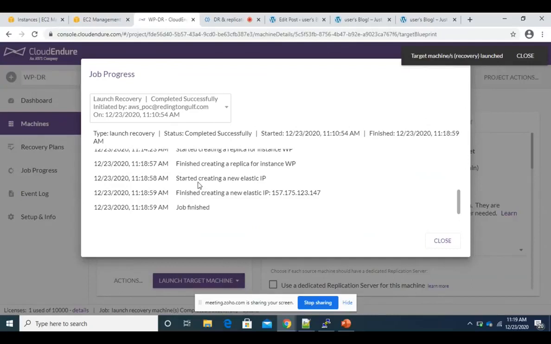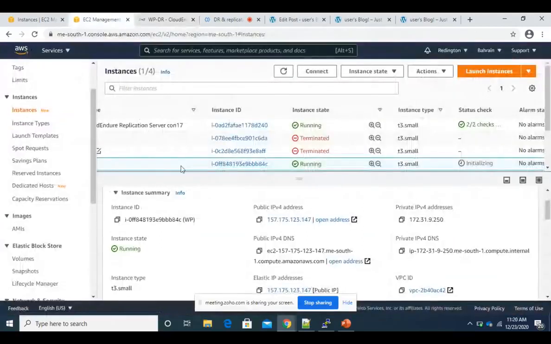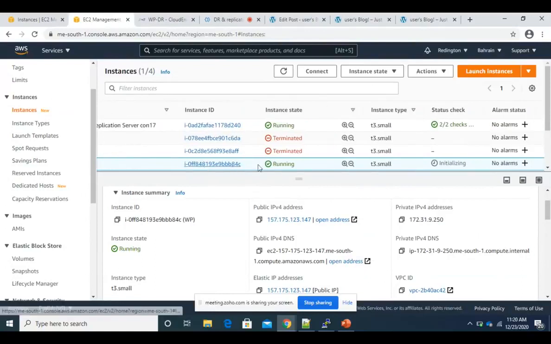The snapshot was created, and it got attached to my new disaster recovery instance. So pretty quick. And we have taken a very small machine, by the way, a T3 small machine. If you have a bigger machine like an M5 large, or an R5 instance, the replication process would be even faster, right?